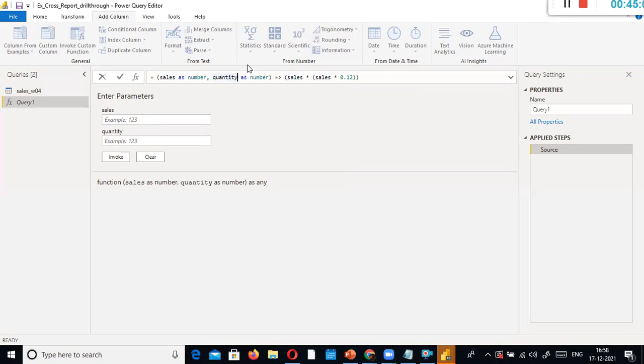I pass these 2 arguments, and then on the right side, this is the formula. In this formula, you pass the value sales and quantity, but here I did not use quantity, or let's say quantity into 0.0, something like that. Okay, you just think that this is some formula.